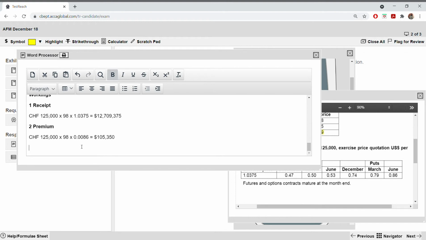Okay, let us see what the answer says. So here you can write the option would give the higher receipt if they were not exercised. If option is not exercised, then it would give the higher receipt. Why? Take out the premium. Only the premium is your payment. And your receipt, you will not convert using exercise price. You will convert using spot rate.